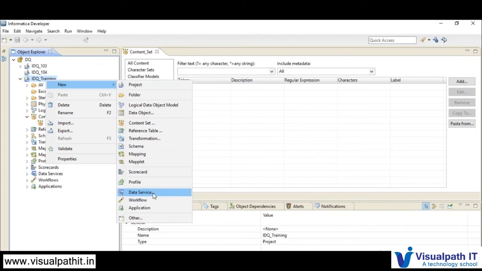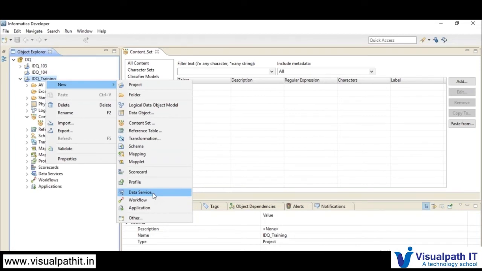In Informatica Data Quality, this is a major and very efficient feature, which is your data service. This data service enables your reusable code to be accessed by third party services.